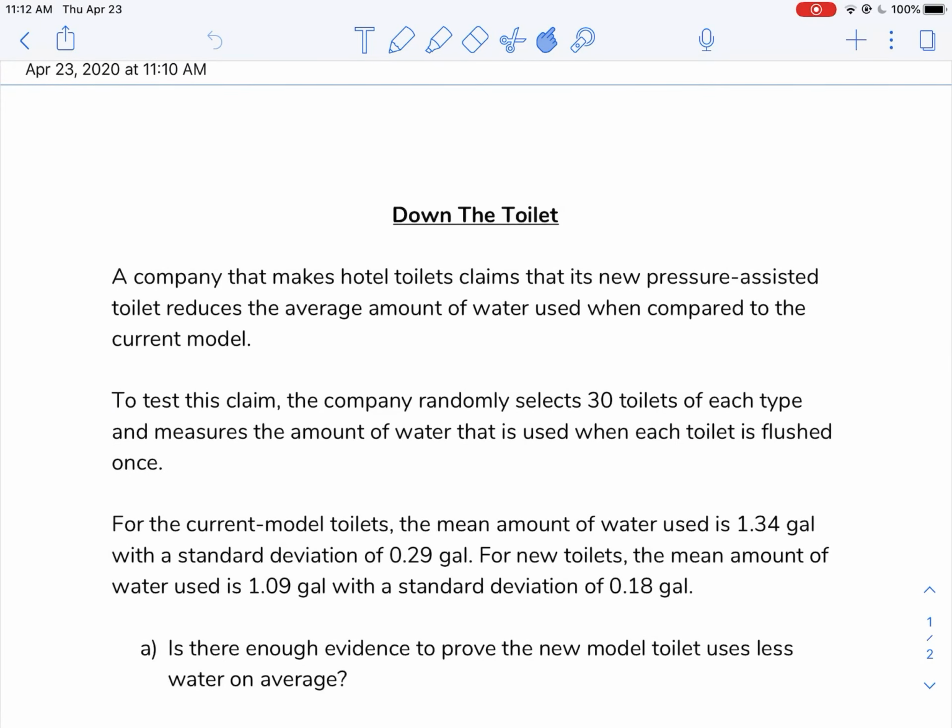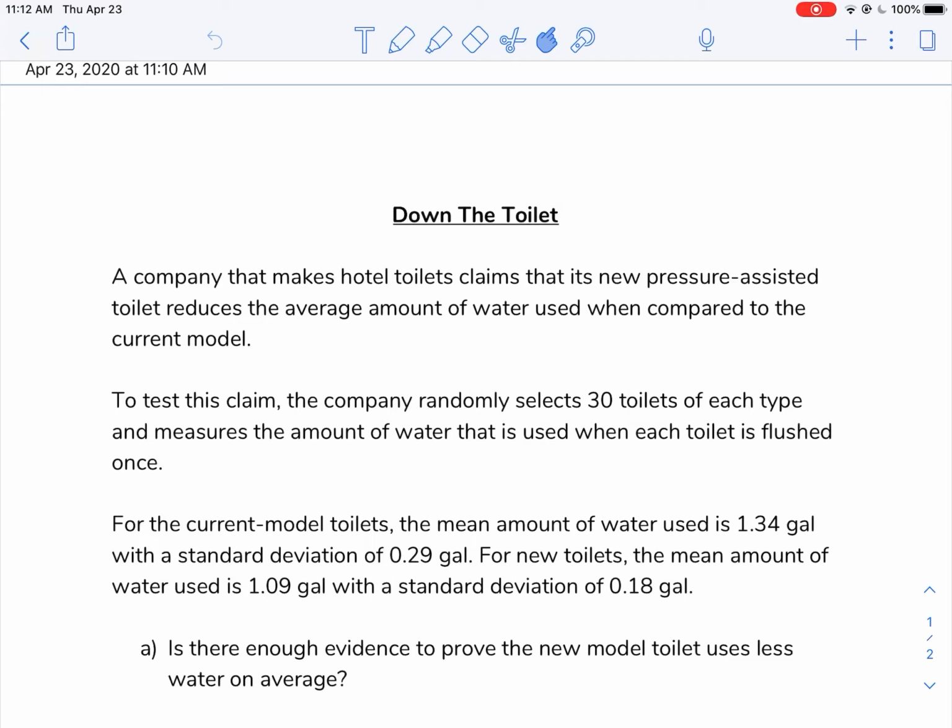All right, today we're going to be tackling the problem down the toilet. Looking at a company that makes hotel toilets, and they're claiming that their new pressure assisted toilet reduces the average amount of water used when compared to the current model. To test this, they randomly selected 30 toilets of each type and measured the amount of water used when the